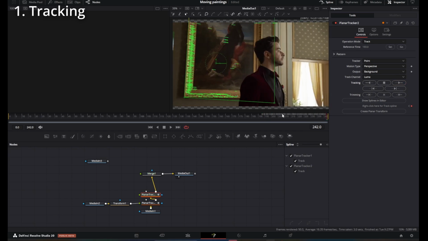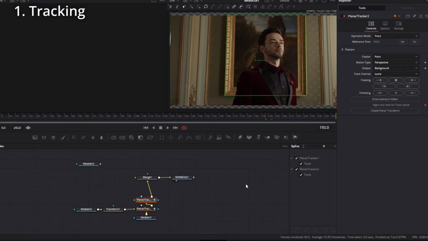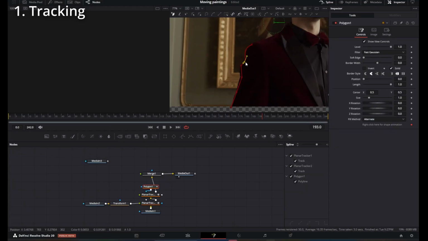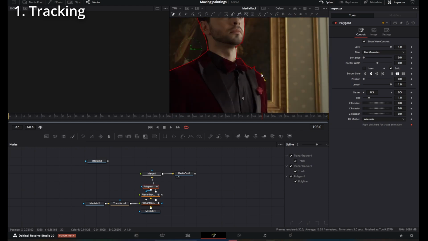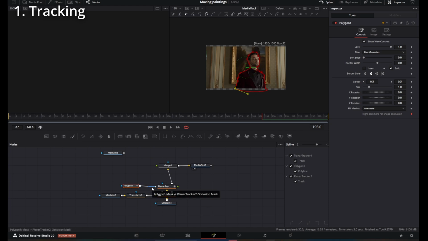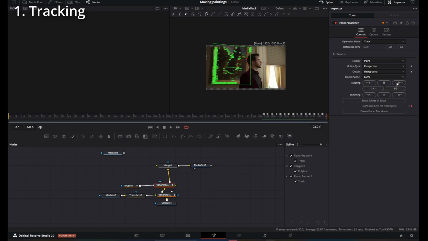painting. In this case, we got a lot of issues that make the tracking difficult. Most obviously, we've got this guy appearing and disappearing in front of the painting, which will mess up our tracking process. But we can fix this pretty easily by adding a polygon node to the Planar Tracker and masking him out. Now the tracker does a much better job and we can use the corner pin to attach the second